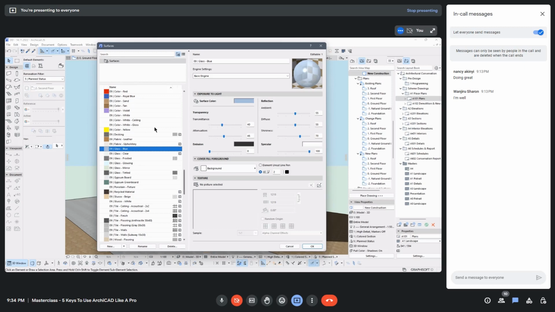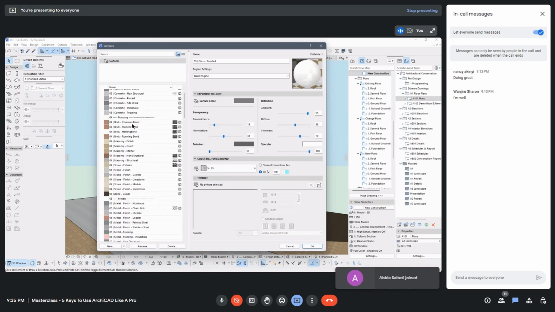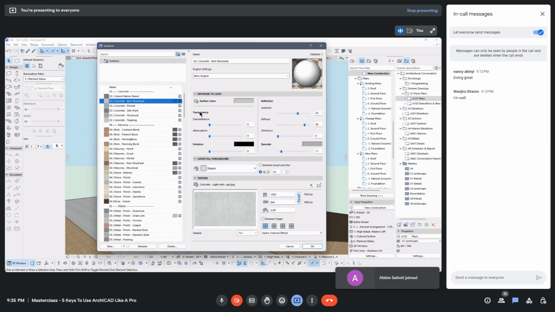Different glass have different levels of transmittance, attenuation, ambient reflection, diffuse reflection, shininess, specular, all that. So you see as you cycle through that, it changes if it's frosted glass and all that. In addition, we also have this cover fill. So the cover fill is